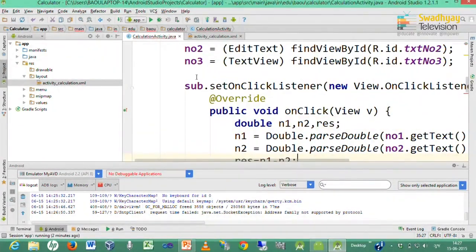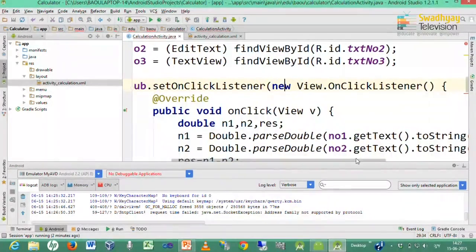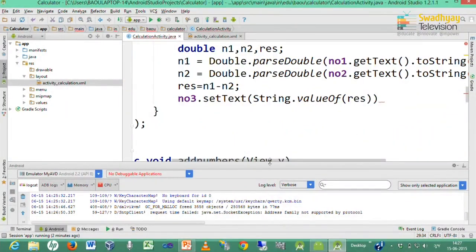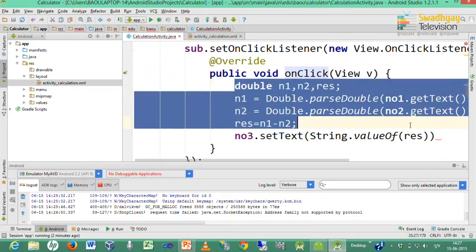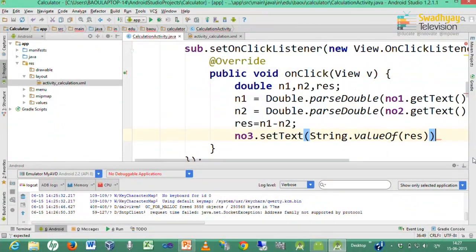So, another way of handling click event is you have to take button name, then dot set on click listener, and inside that you have to write down new on click listener, and it will write down code for you, and inside this on click method you have to write down same code that you want to manage for that click event.